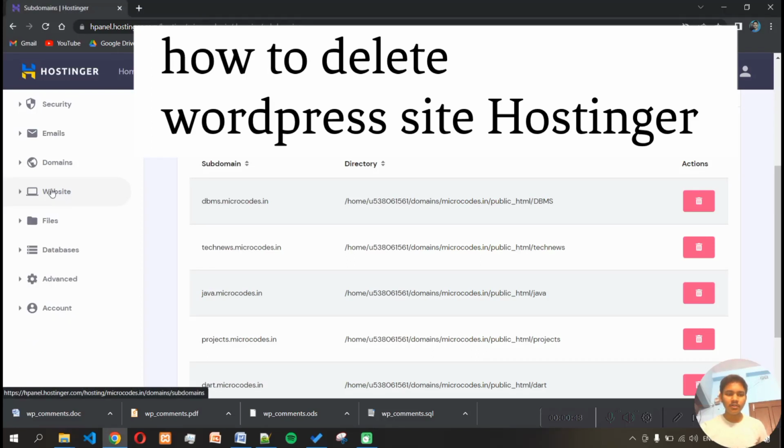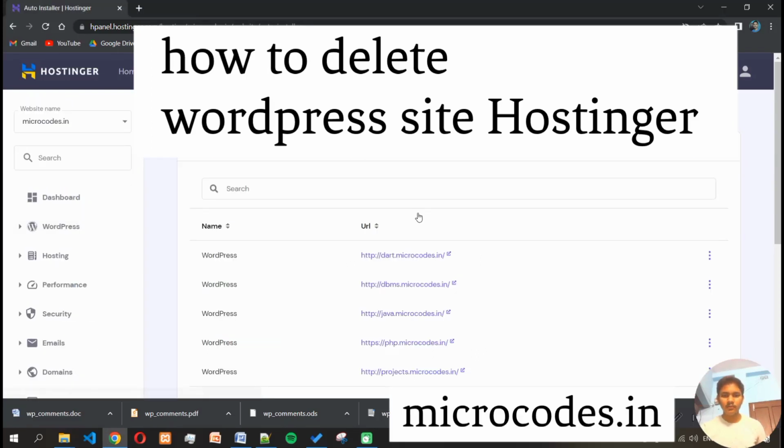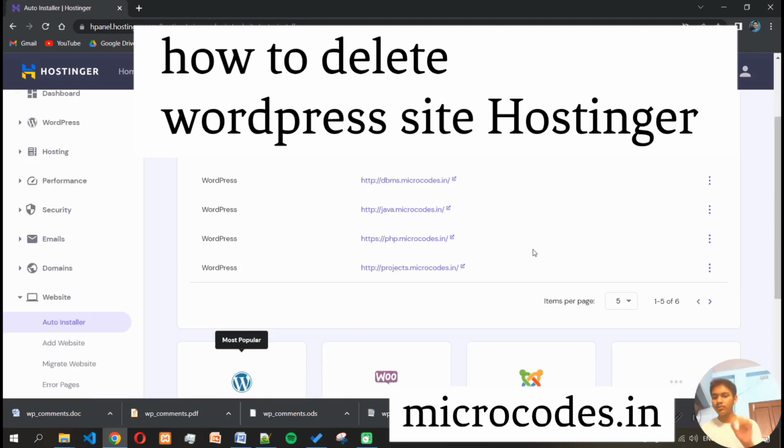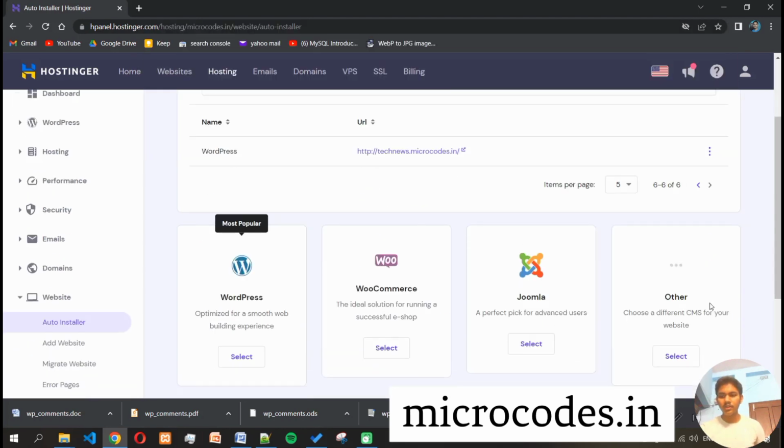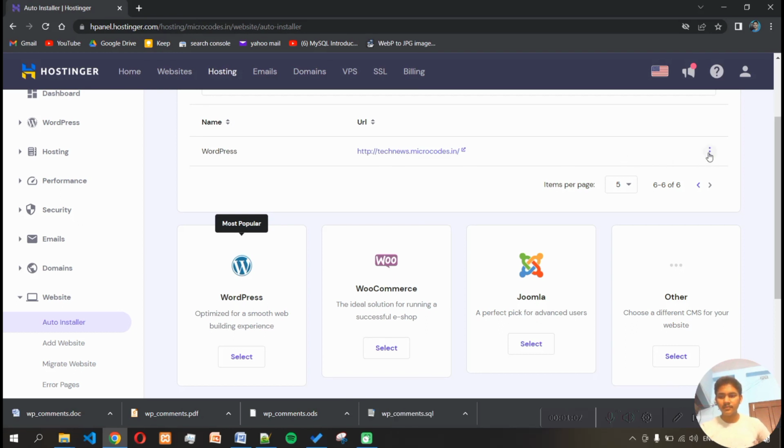First of all, you need to click on website and click on this auto installer. Now from here you need to choose your domain. So I have installed my WordPress into a subdomain called tech news, which I want to deprecate now. On the right-hand side you can see this three-dot button. So click on it and click on